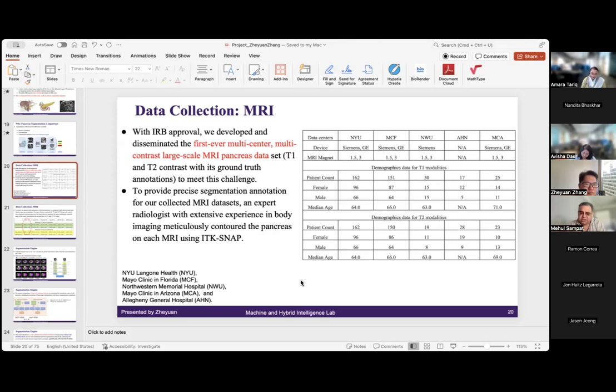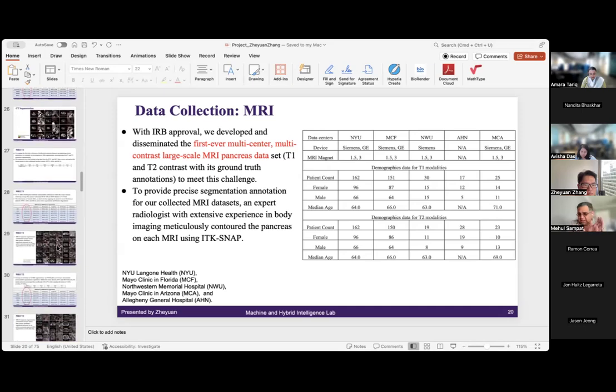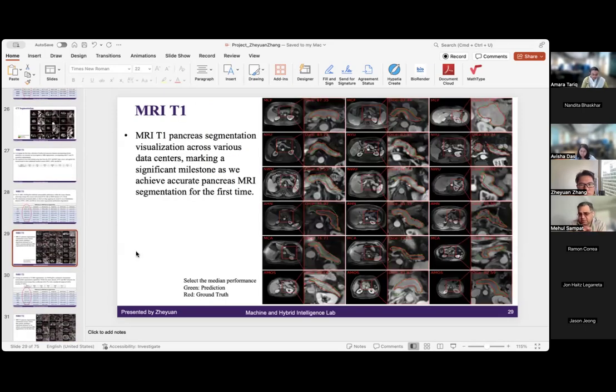So my general question is this: a lot of people are segmenting multiple organs at the same time. They'll try to segment 40 organs from a single scan, right? But here you focus on segmenting only one organ, and you do really well. And I know, as you mentioned, the pancreas is very small. So any thoughts about segmenting big organs and small organs, and whether to do them separately or together? Yeah, it's actually a really good question.